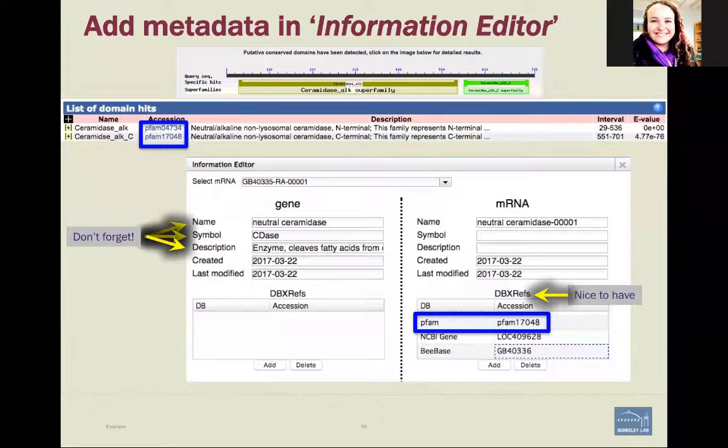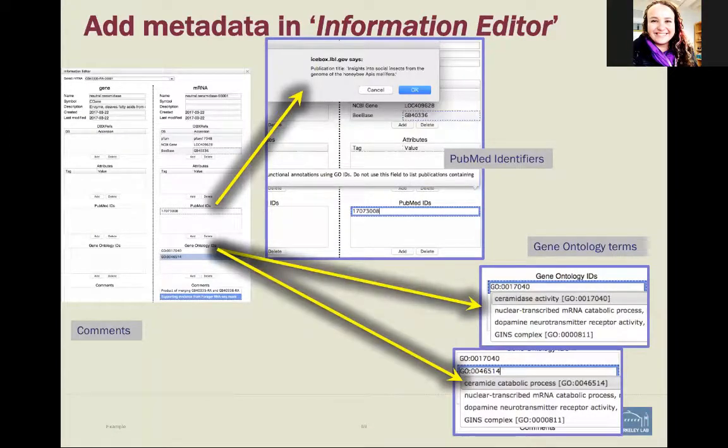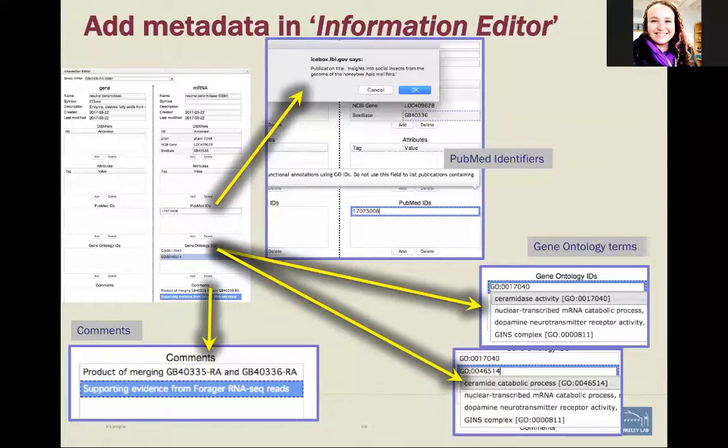So we'll include, remember, you must include the name of the gene, the symbol. If you wish, you will include some description. And in the case for BIPAA, if we were annotating more than one isoform, then on the right we'll annotate mRNA, on the left we'll annotate gene if you only have one splice form. You can enter information like the PFAM family domain and other data for your information editor. As well, you'll enter PubMed identifiers, gene ontology terms, and comments, in this case, the product of merging 2 gene